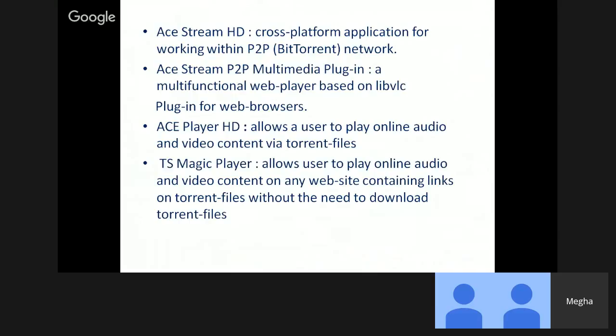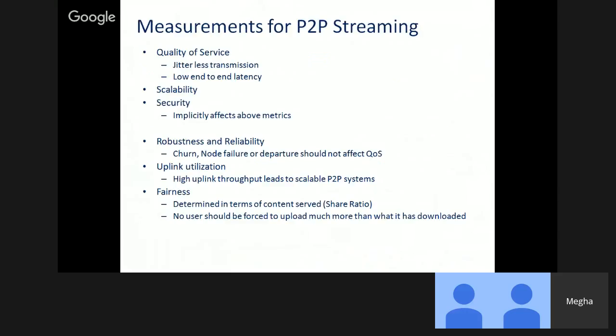Ace Player HD allows a user to play online video and audio content via torrent files. And TS Magic Player plays online audio and video content on any website containing links to torrent files without the need to download torrent files. Users do not need to download the files. They can directly play them over TS Magic Player.